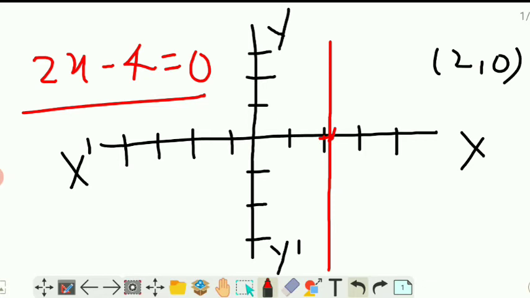It means if the value of y coordinate is 0, the line will always be parallel to the y axis. If x coordinate is 0, the line will always be parallel to the x axis. How? See,